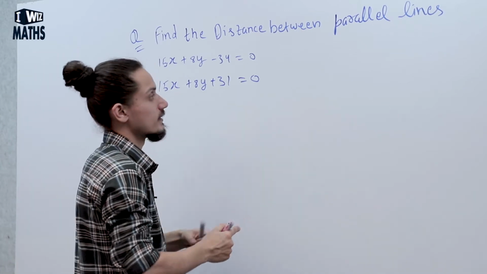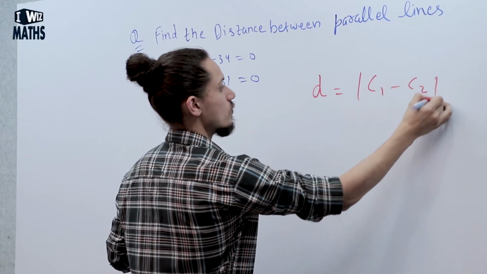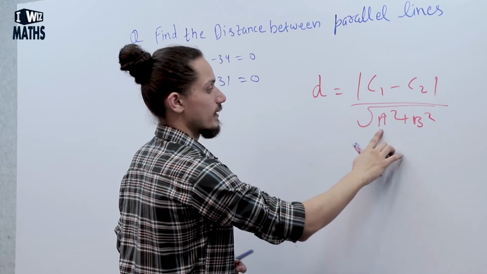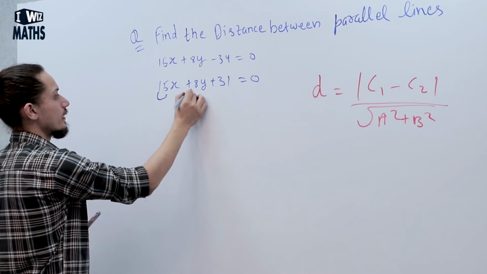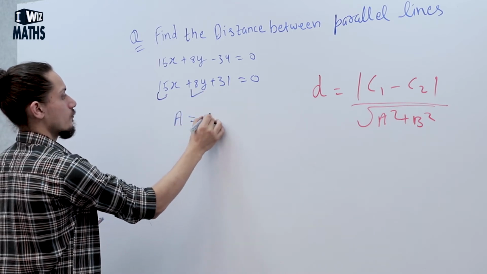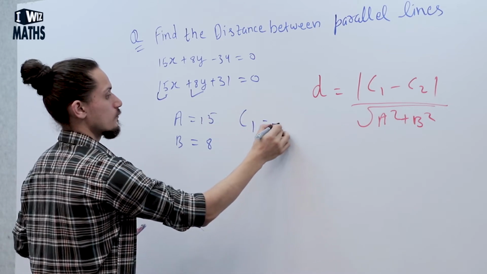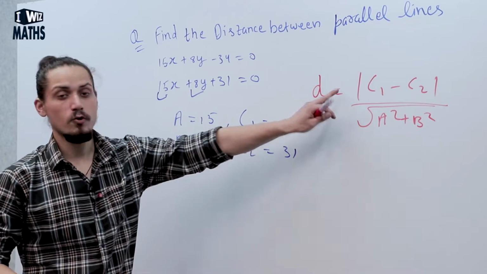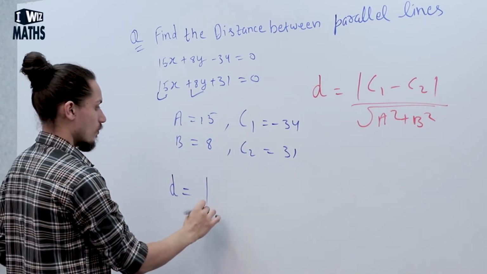So firstly, distance between two parallel lines is given by d is equal to mod of c1 minus c2 divided by under the root a square plus b square. हमें क्या निकालना है, a, b, c1, c2 चाहिए हमारे पास, तो a और b हमारे पास क्या है, 15 and 8. a is equal to 15, b is equal to 8, c1 हमारे पास minus 34 and c2 है हमारे पास 31. ओके, चार क्वांटिटीज हैं, put them in this formula, we get